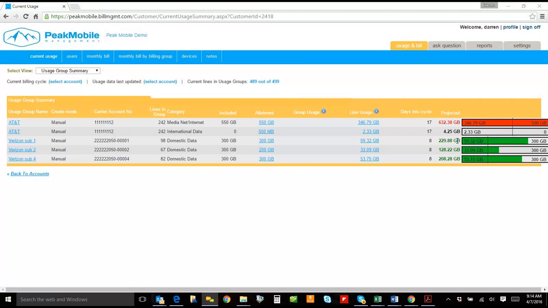Now our system is automated, so that if your usage allotment goes over, an email will go out to the administrator notifying them of a potential overage. That way we can react during the bill cycle, go in and increase the plan, or perhaps move some of the high users to another account level with surplus data. That way we can balance it out and